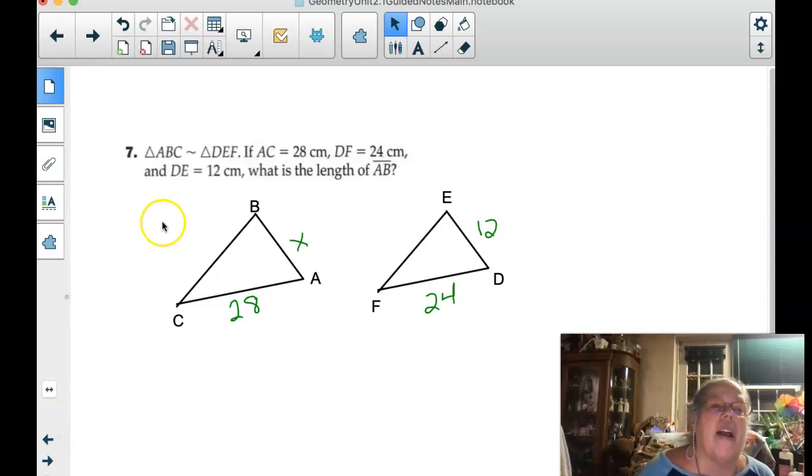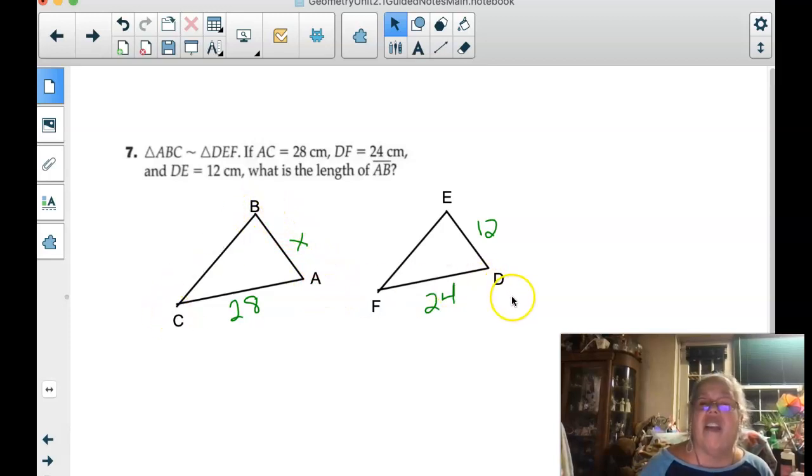Okay, so in triangle ABC, ABC is similar to DEF, and I labeled them backwards on purpose, but notice I went A, B, C, did the same thing, D, E, F. Okay, AC is 28, DF is 24, DE is 12. What is AB? Again, we're going to compare them. And you know what? This time I'm going to start with the smaller triangle. Okay? So I'm going to do